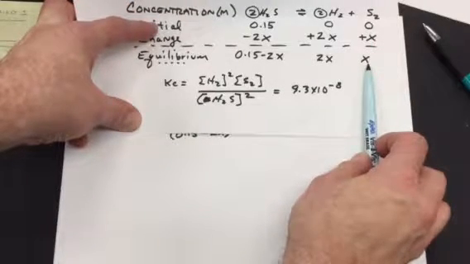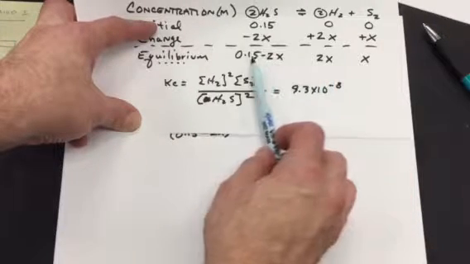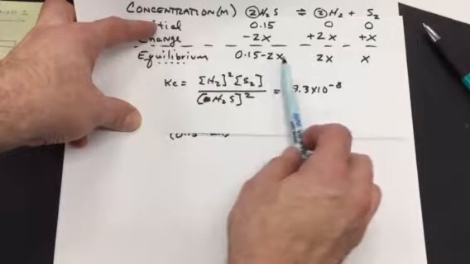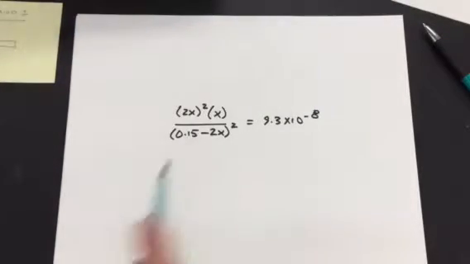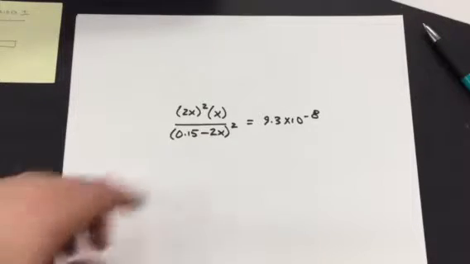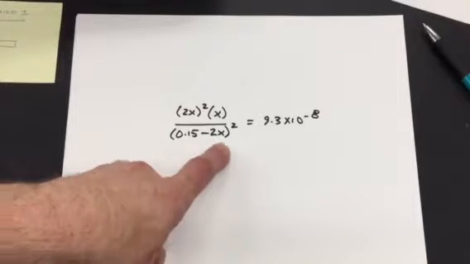X will be the concentration of sulfur. Whatever that is, hydrogen will be twice that. And whatever H2S is, it'll be 0.5 minus 2 times that value of x. Okay, here's the tricky part. This would turn into a quadratic equation. It would. Why? Because you would have to expand this, and you'd have x squareds, x's, and then you'd have